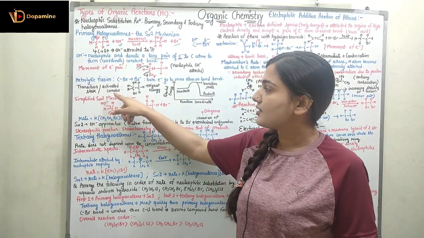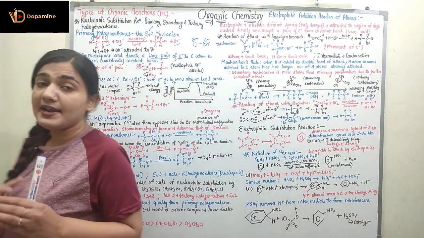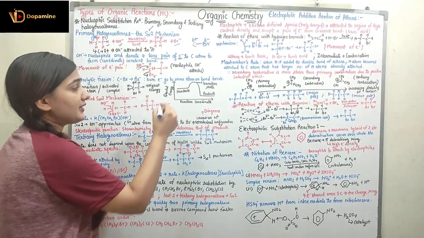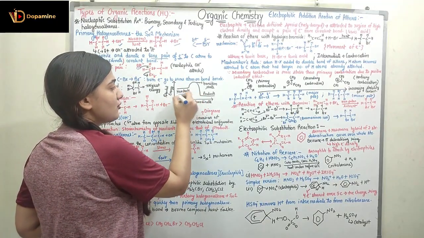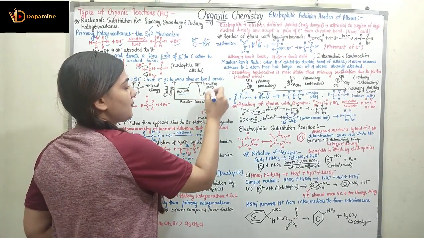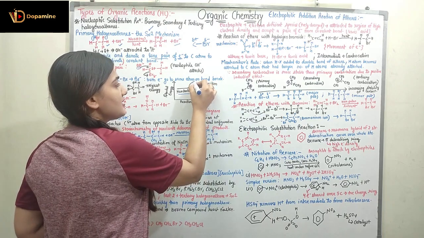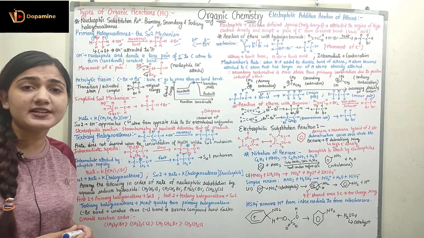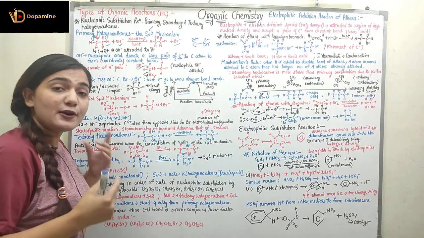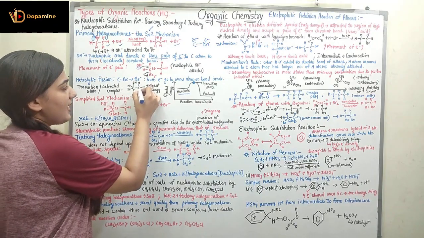Now coming to the transition state and the activated complex. During this reaction an activated complex is formed, which is of higher energy. We all know the reactants are at a higher energy level, so the potential energy of the reactants is high as compared to the potential energy of the products. But the transition state has the highest energy. What is the transition state? The transition state is the state when both bromine and OH negative ions are attached to this carbon. So here you can see